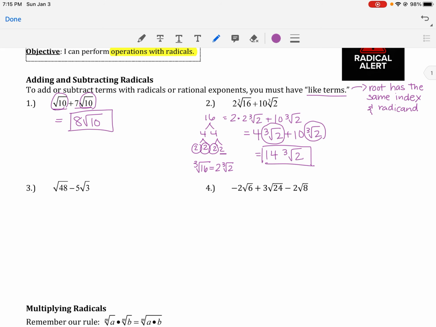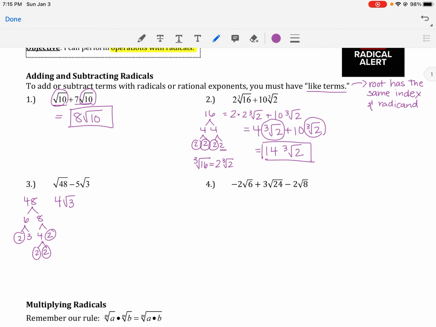Okay, same thing on this next one. We've got to start by simplifying it. So you've got to say, okay, 48, maybe that breaks down to 6 and 8, which is 2 and 3. And then we get 4 and 2, so we've got a set of 2s, but then 4 also breaks down to 2 and 2. So we've got 2 sets of 2. That means 2 times 2 or 4 comes out front, and you're left with the square root of 3 on the inside. Minus,